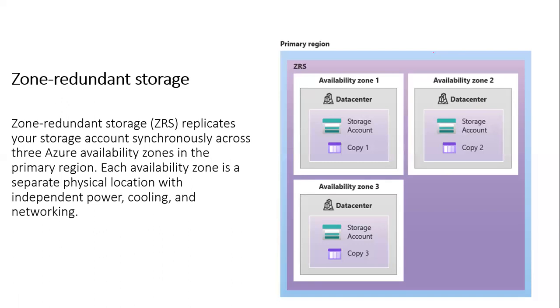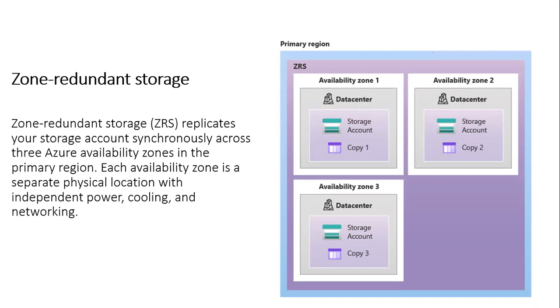So whenever there is a problem with something, it will get the different copy. So for you, it's the same file, but for Azure, where it is bringing it in from the backend matters for it. Okay, but in zone redundant storage, the file and the storage account get replicated in three different